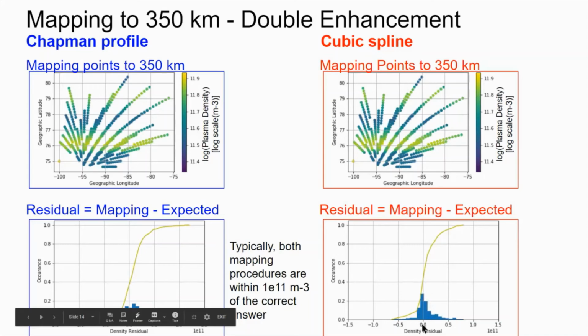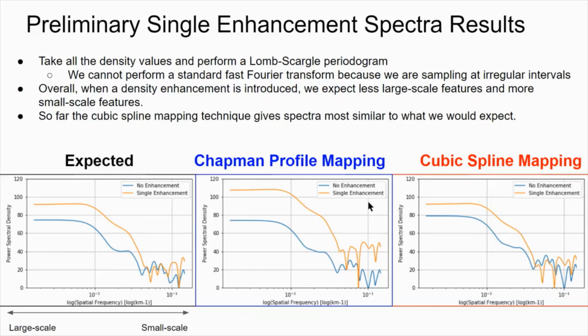They're fairly localized at zero, which is excellent, which shows that both of these mapping techniques, whether or not we use the Chapman profile, are fairly accurate. But the real determining factor in which mapping technique is the most accurate is which one provides the most accurate spectra to